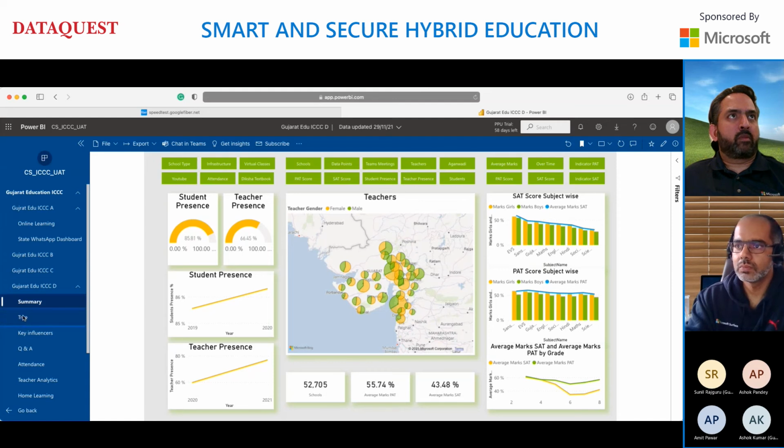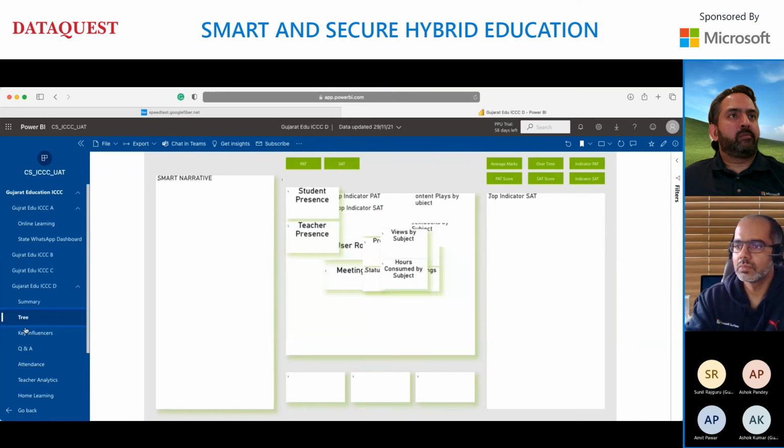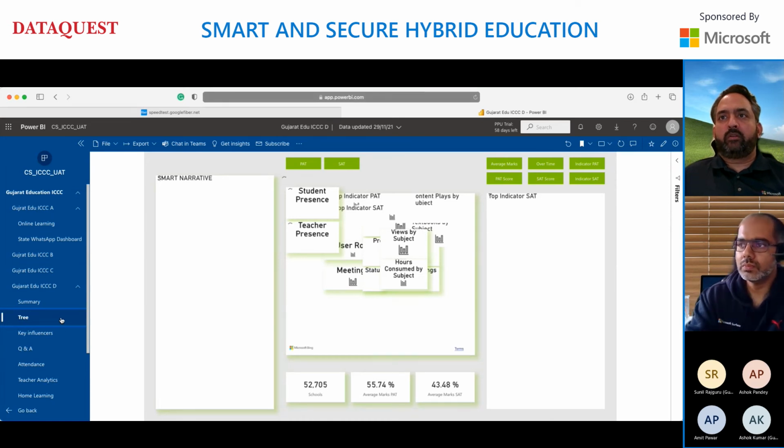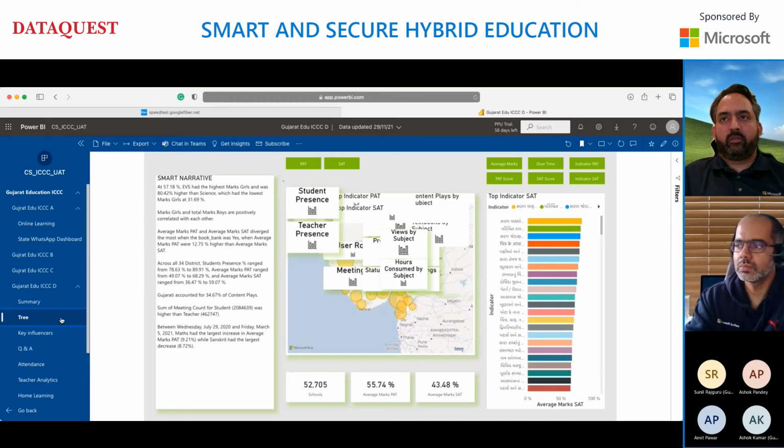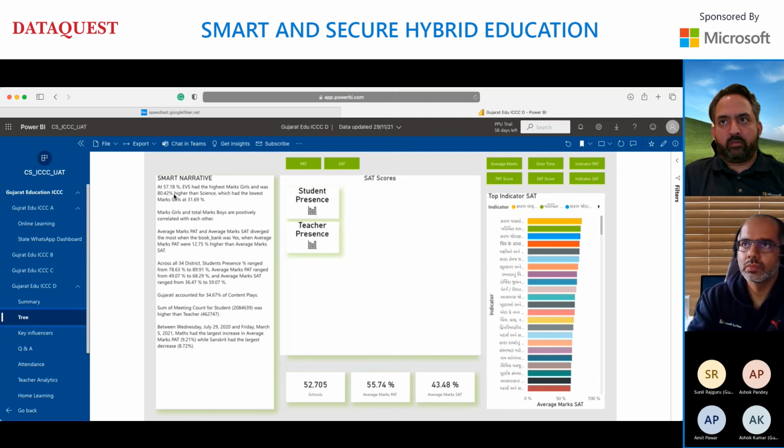It also helps in certain decision-making trees on how the correlation between various things happens. This is a good feature of Power BI. Once it has all the data, the system will automatically, using artificial intelligence, be able to guide or give some indication with regard to the narratives that can be used. If you look over here, these are system-driven narratives. They have been programmed once, and then it will be based on the data. It will give the smart narrative with regard to how many